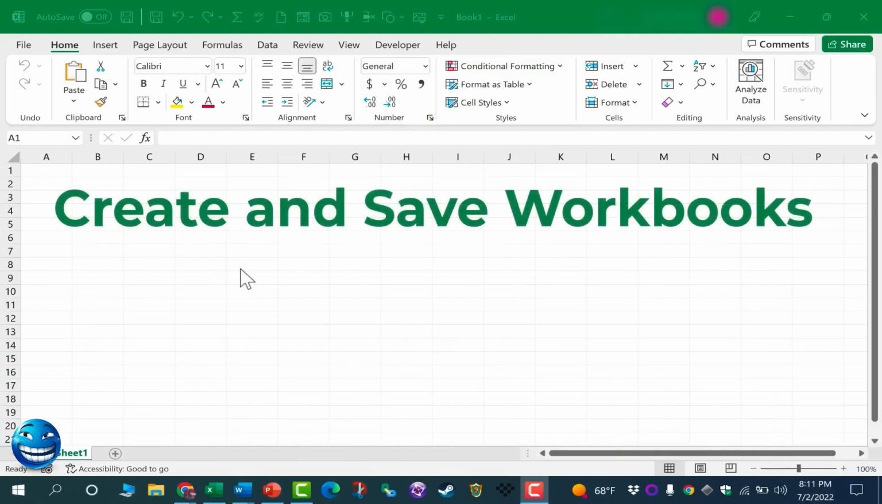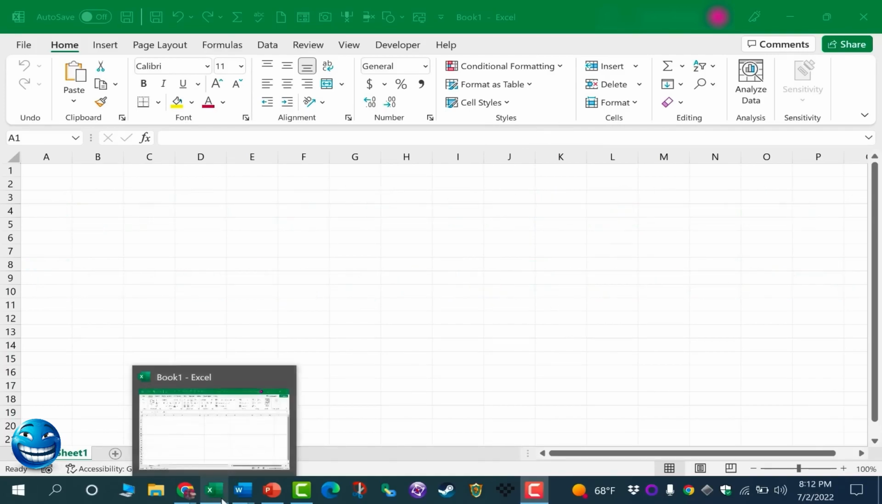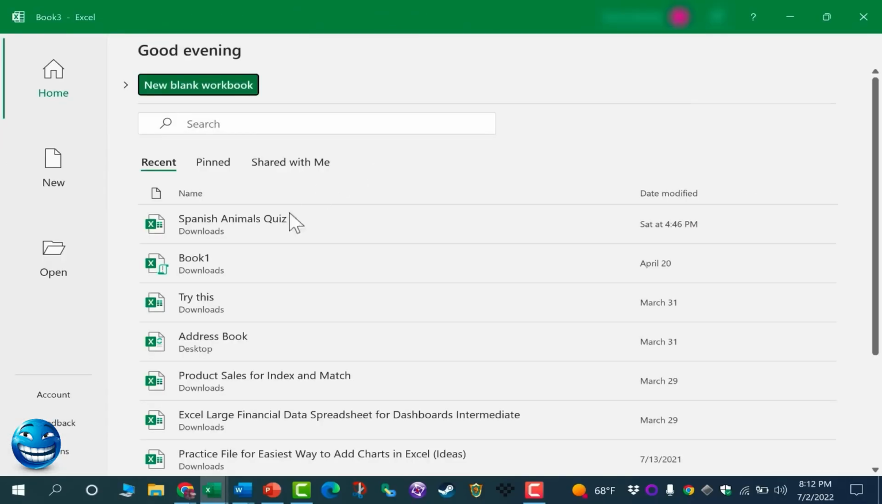get started using Excel. In this first section, we're going to look at how to create workbooks in Excel and how to save them, and also we'll learn the basics of what I call the anatomy of a spreadsheet, and also the layout in Microsoft Excel. Let's get started. So, whenever you start up Excel, it should take you first to a screen similar to this